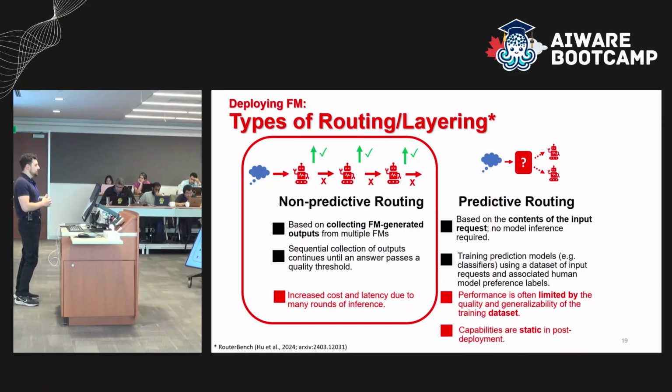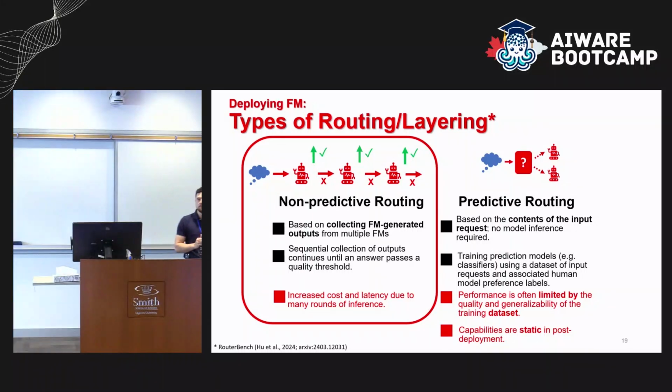Let's say we have a list of models, A, B, C, D, E, F, and you want to say, okay, how can we get the right output for the least amount of cost? Okay, let's start with the simplest model, get the output. Is it correct? Is it satisfactory? No? Okay, try the next model. And then the next, and the next, and the next, until we reach a good result. And how do you measure it? There's usually some kind of quality threshold, be it comparing the similarity, or you have the user mark whether the answer is satisfactory or not. Different ways to do it.